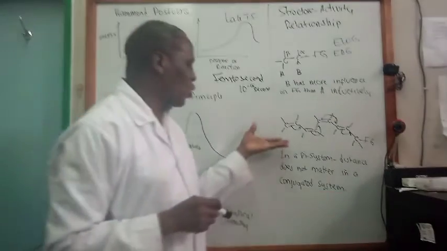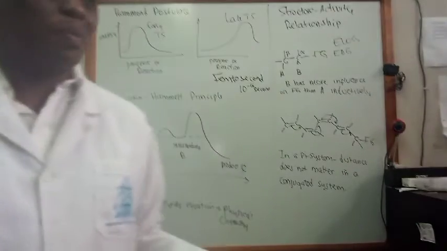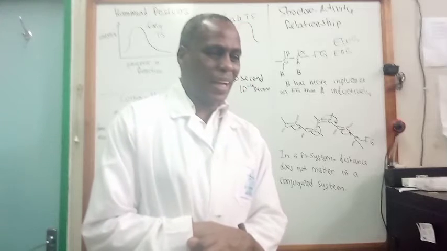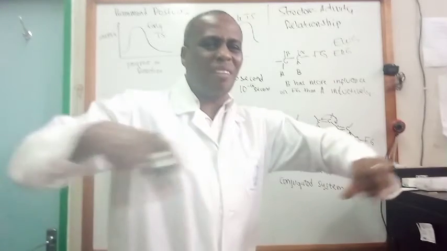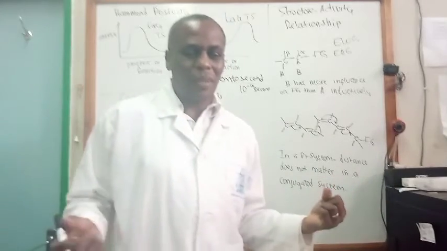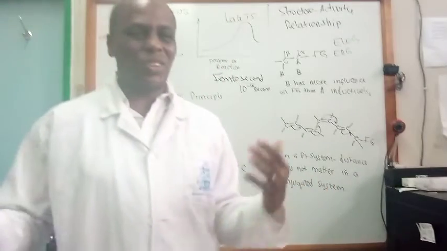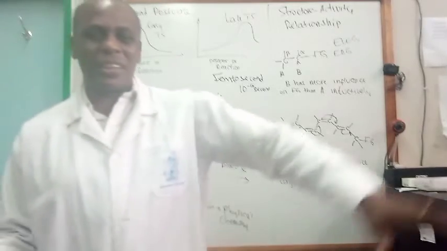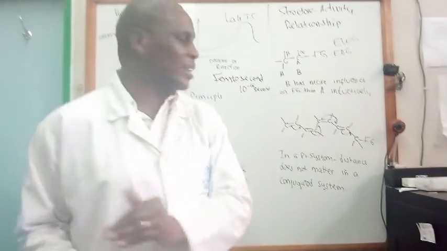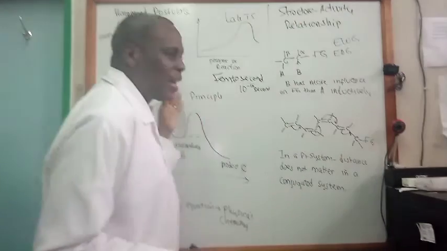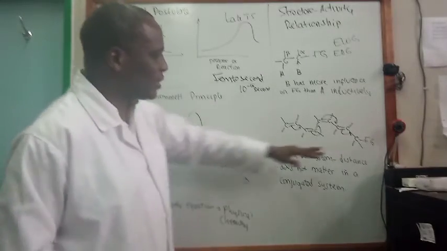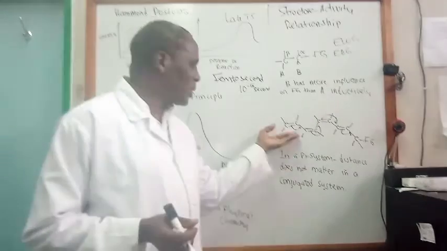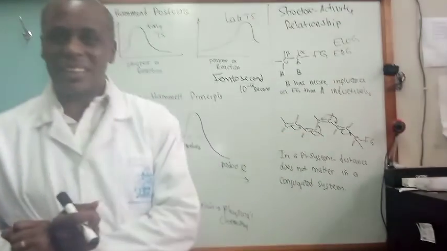So when you're dealing with conjugation, the distance does not matter. This becomes very clear when you're dealing with colored compounds where there are so many functional groups. Conjugation does not depend on the distance. You're not going to say, this is a closer conjugation system. Provided it is a conjugated system, electrons can move from whatever the end of the conjugated system is and transfer electrons to where the functional group is. So when you're dealing with a conjugated system, the distance does not matter.